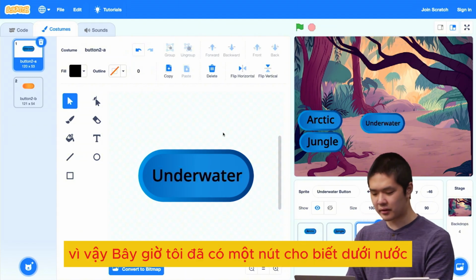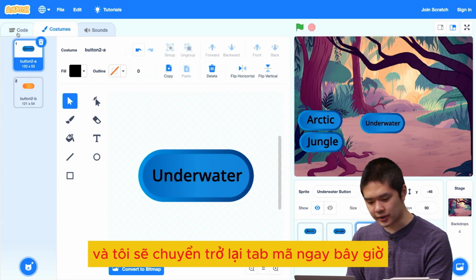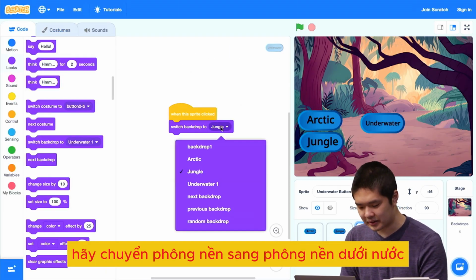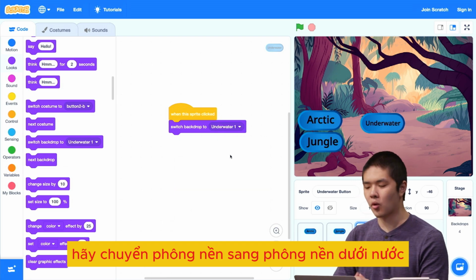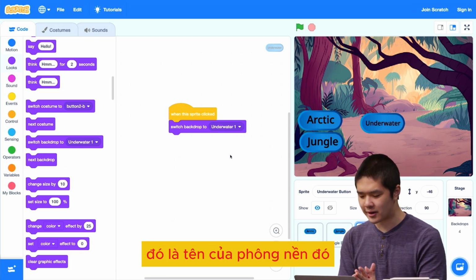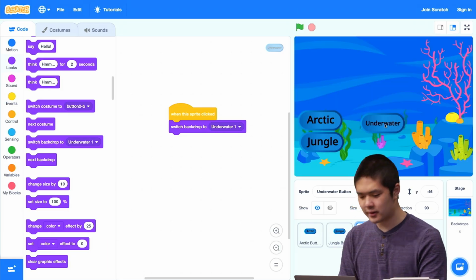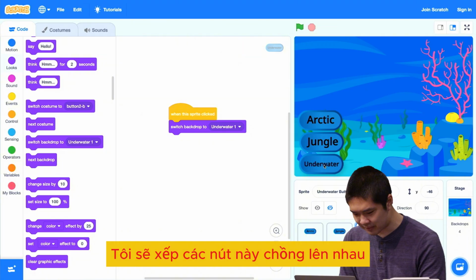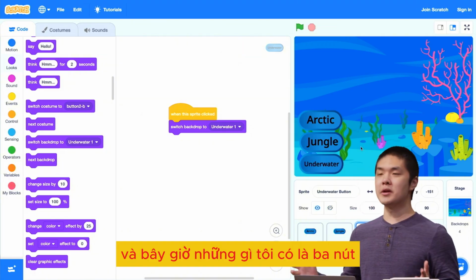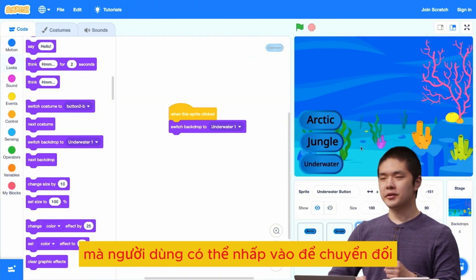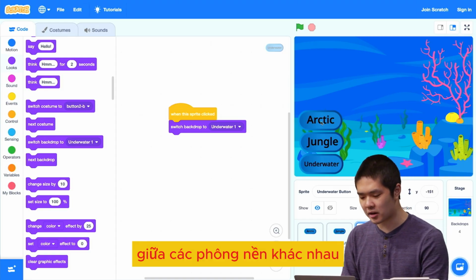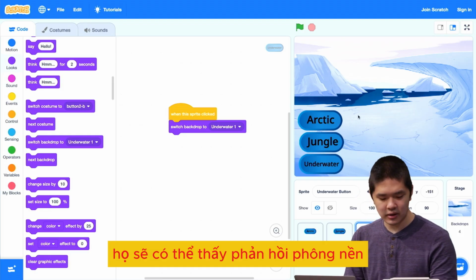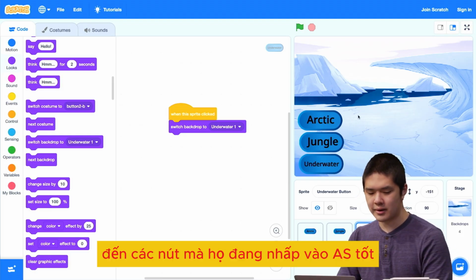So now I've got a button that says Underwater, and I'll switch back to the Code tab now instead of the Costumes tab. And now when this sprite is clicked, let's switch the backdrop to Underwater 1, which was the name of that backdrop. And now when I click Underwater, we switch to the Underwater backdrop. I'll stack these buttons on top of each other. And now what I have are 3 buttons that the user can click on to switch between the various different backdrops. Depending on which button they click, they'll be able to see the backdrop respond to the buttons that they're